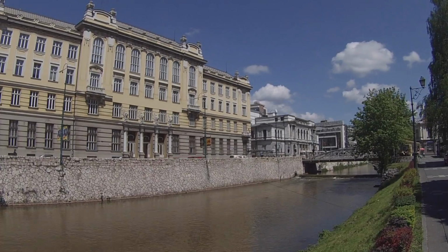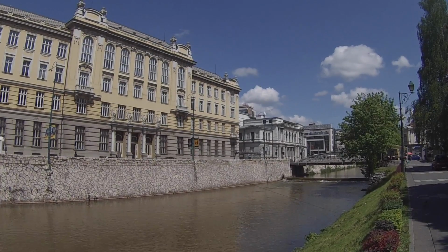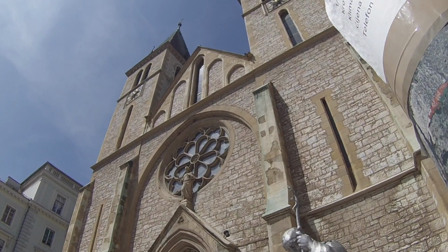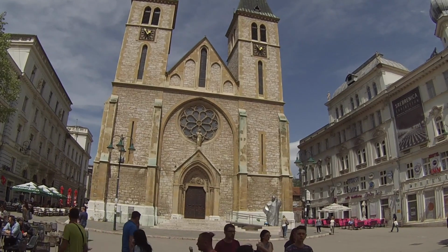This building was designed by Josip Vancaš, a Croatian architect who designed some of the most famous buildings in Austro-Hungarian Sarajevo, including the Central Post Office here, the Presidency Building, and the Sacred Heart Cathedral, all in the Viennese style Vancaš studied. Vancaš also was interested in blending and adapting these styles to fit with the Bosnian architecture already existing